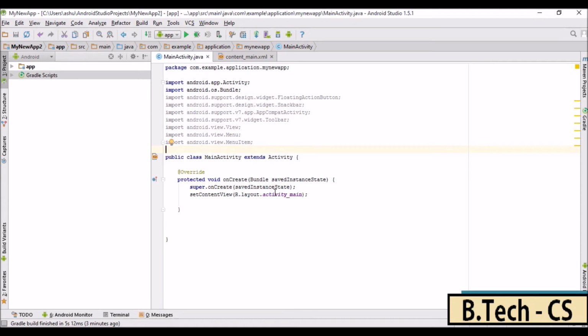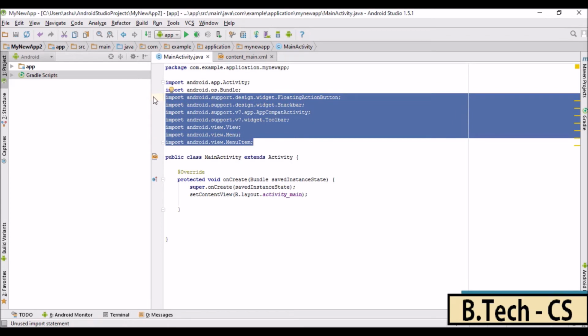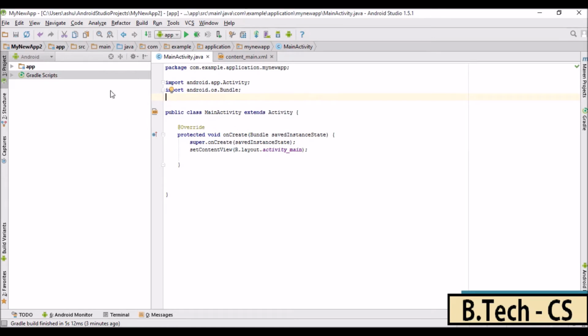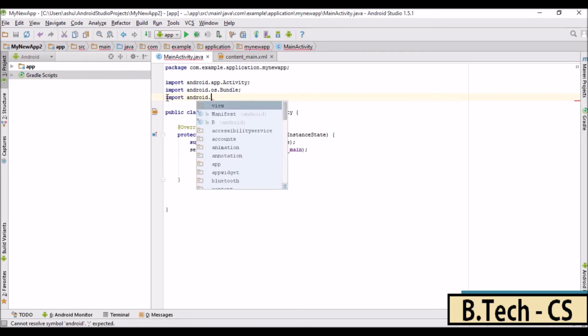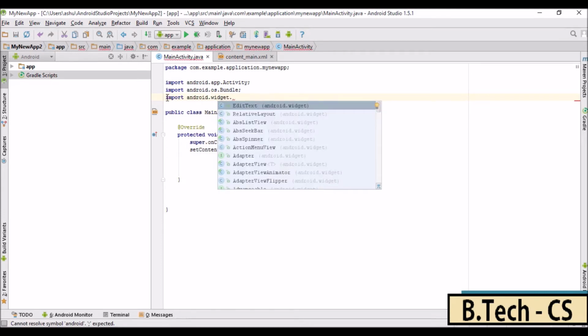So if you don't understand relative layout right now, you need to hold on, and it will make more sense when we go into the depth of this tutorial. So now one more thing which we want to do is that we need to remove these imports as well, because they don't make any sense as we'll not be using them right now. So make sure you delete that, and it is just going to clean up your code. So we'll be only dealing with those methods or those codes which we are going to use. Now the next thing which we want to do is that we want to import the layout. So in order to import the layout, we go here and type import android dot widget, as the layout is present in the widget package.